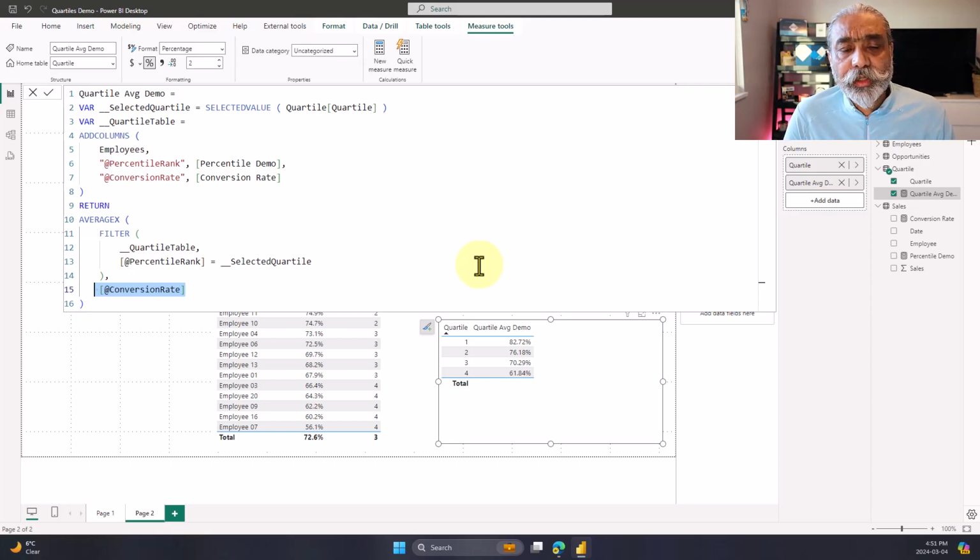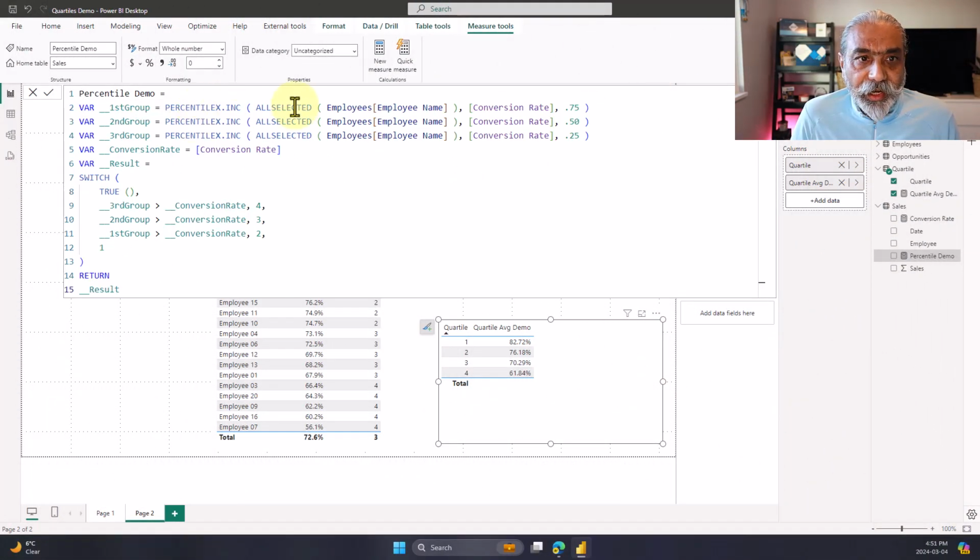So far so good. Everything worked fine and everything looks good. But one thing I really want to bring to your attention here, which is very, very important when you're working with DAX. In this particular example, everything is working, but I can tell you where it will fall apart in one single case. So going back to the percentile demo rank, as I said, I did ALLSELECTED